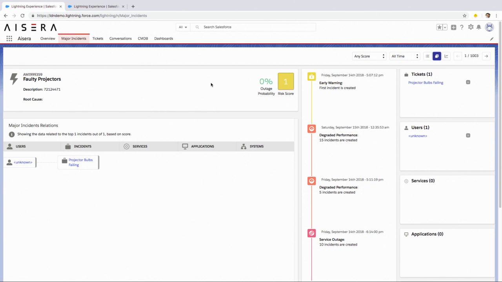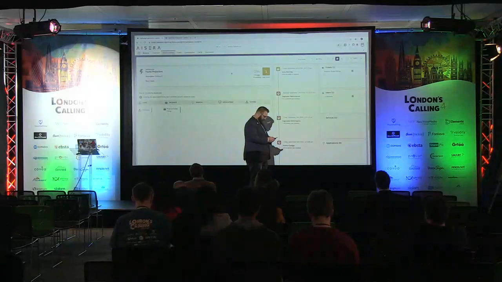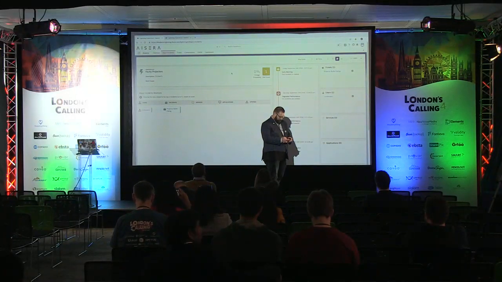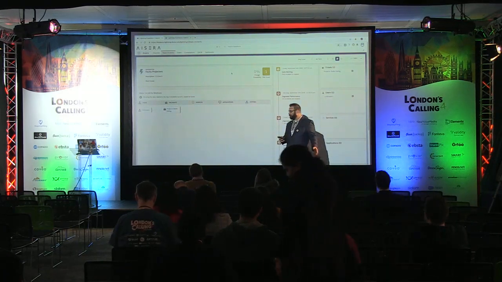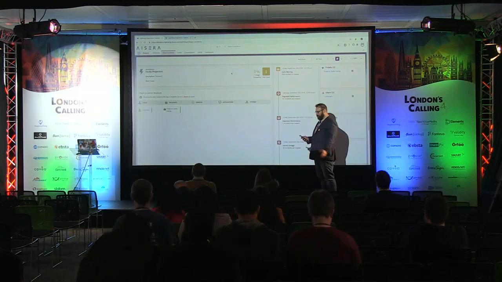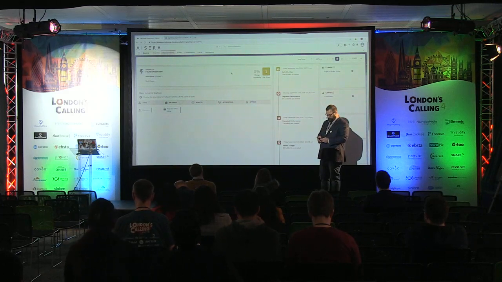it's got a score. So you can see up here we have an outage probability, a risk score. So maybe there's an agent sitting here looking at the screen, and the thing is going to change before their eyes. So what I've got here is my Salesforce app, which is simulating a back-end process that would be running some AI on this. Maybe it's doing NLP on emails coming through with cases or some different types of algorithms there. So